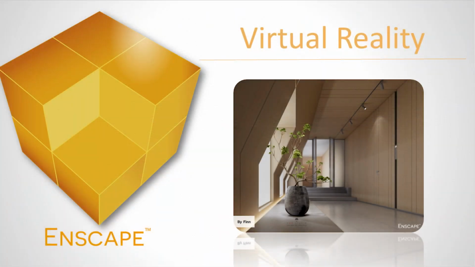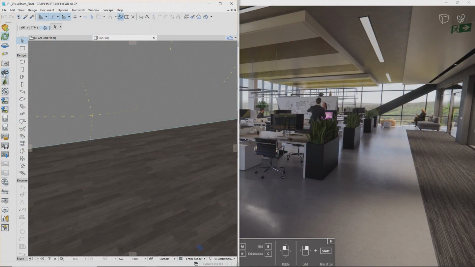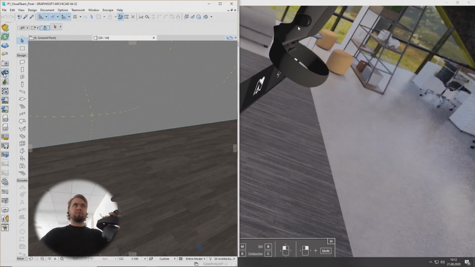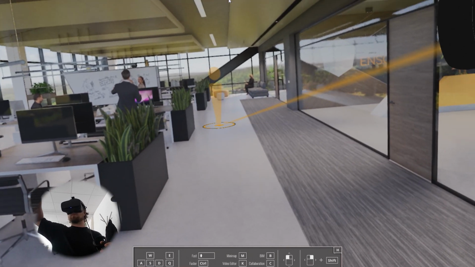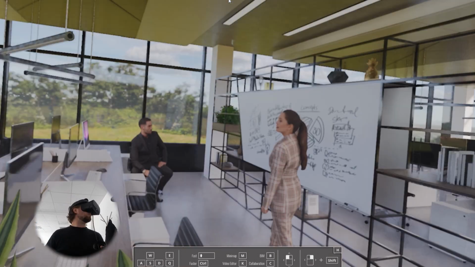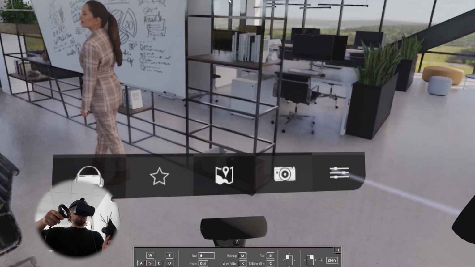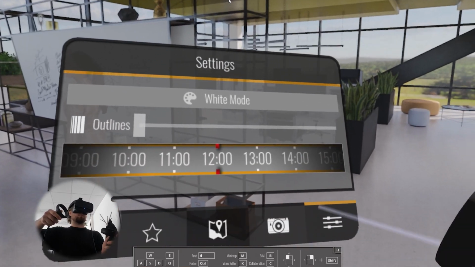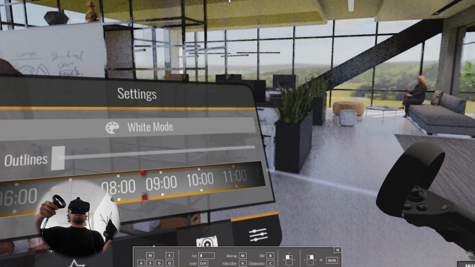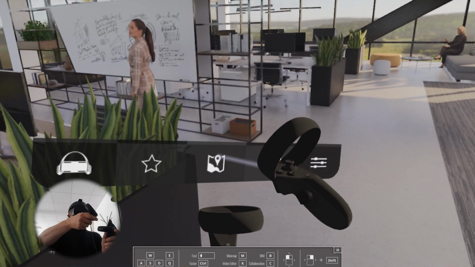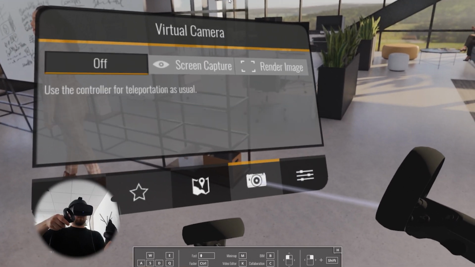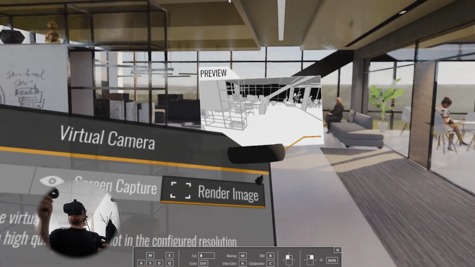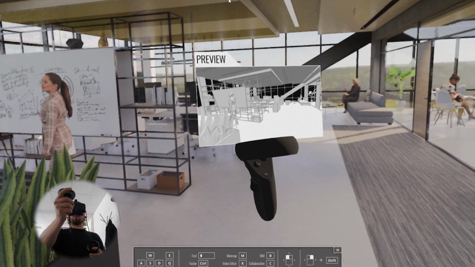If you have a virtual reality headset connected to your computer, you can simply press the Enable VR button to switch Enscape to VR mode. Teleport through the scene by using your controllers as laser pointer by pulling the right trigger. Explore the menu hovering above your left wrist to change daytime or rendering style, access the map, or render an image in VR. Note that changes performed to the ArchiCAD model will show up in VR right away. Everyone can watch on the screen what the VR user does.